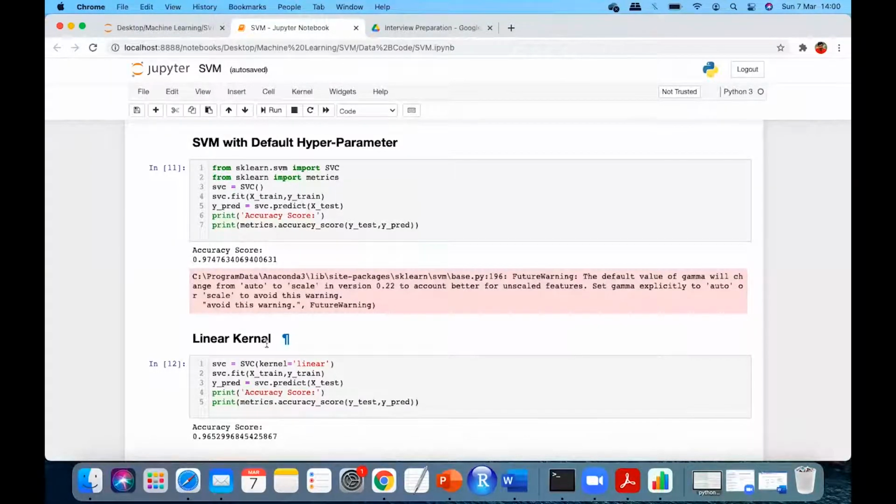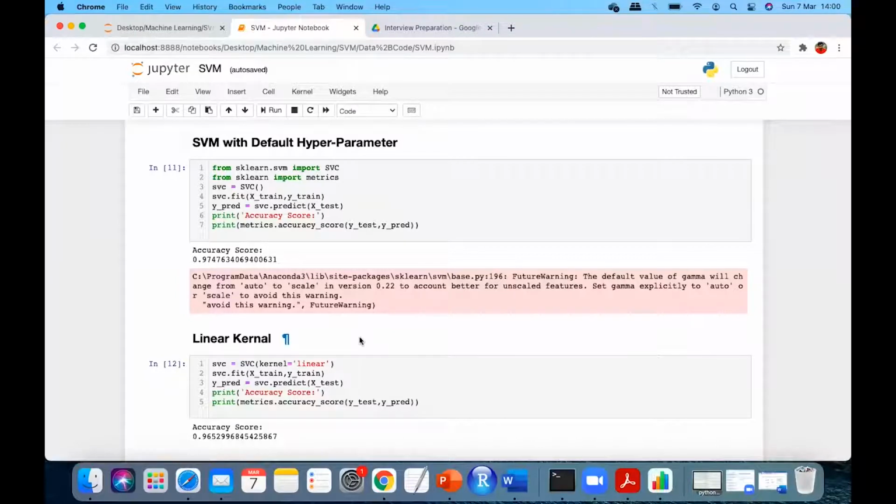Yes, while explaining you can tell that this, I think, works best, but still you have to try it out. So here I have tried. Start with the first thing that we have here. I haven't passed any parameter. Here I am now explicitly saying which kernel I am using.